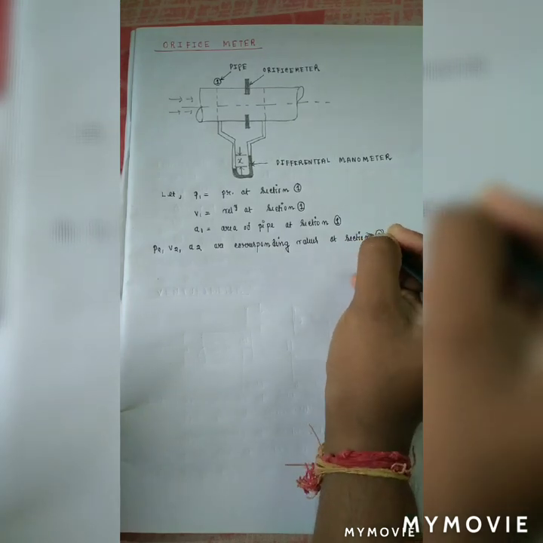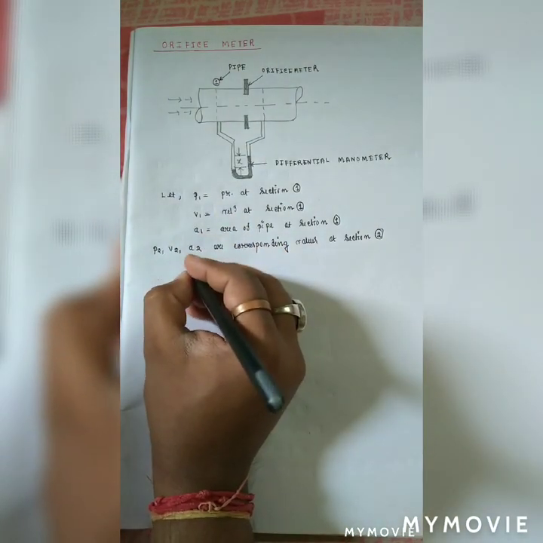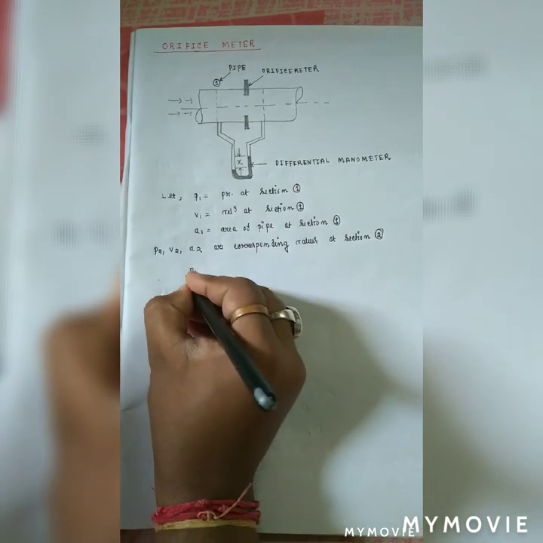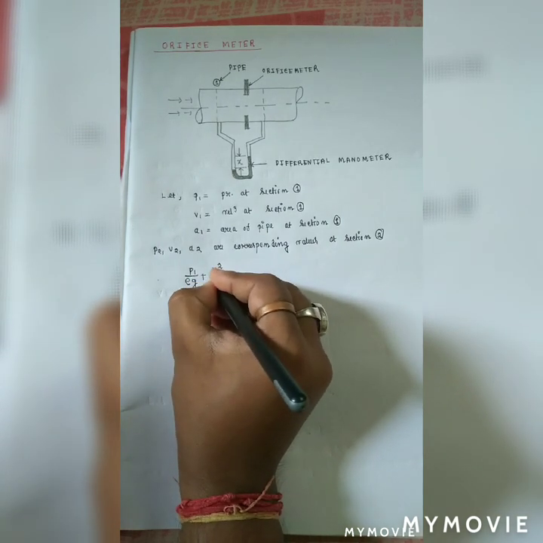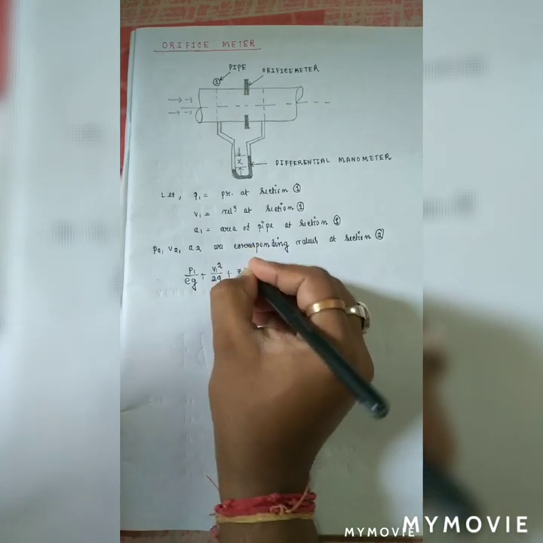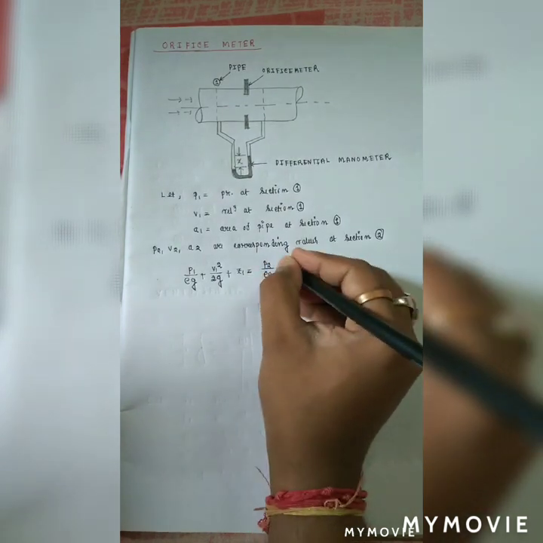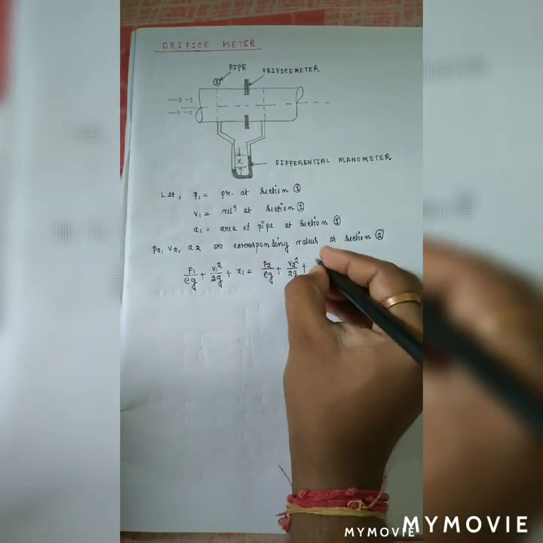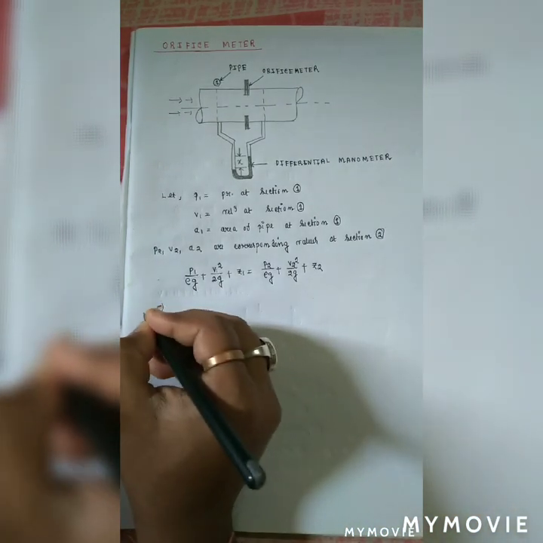Now, just as we applied Bernoulli's equation in the venturimeter, here also we will be applying Bernoulli's equation. Applying Bernoulli's equation at section 1 and section 2, we get P1 by rho g plus V1 square by 2g plus Z1 equal to P2 by rho g plus V2 square by 2g plus Z2. After simplifying this equation, we can get